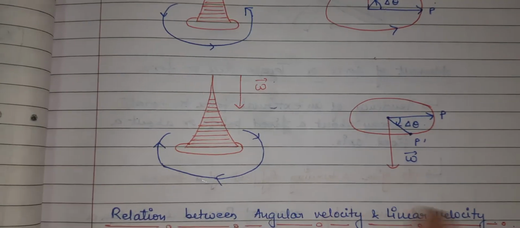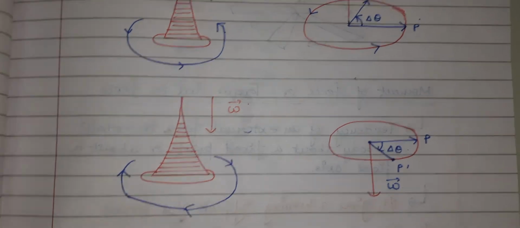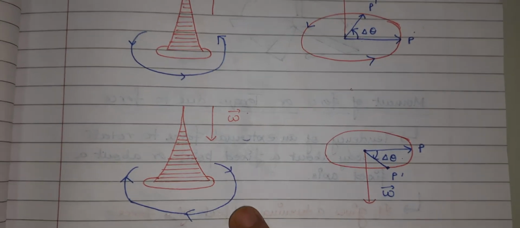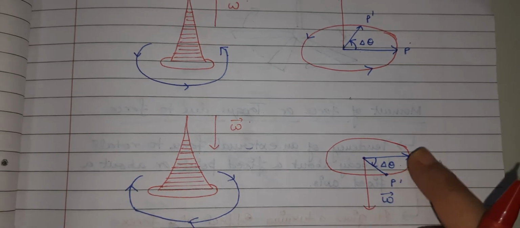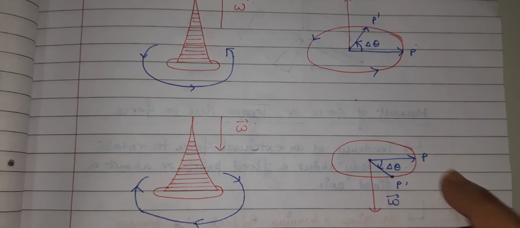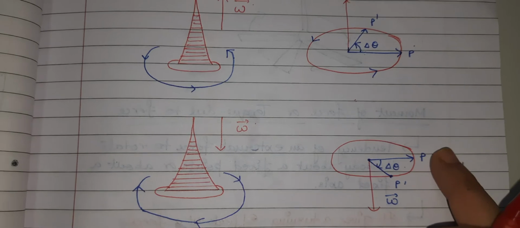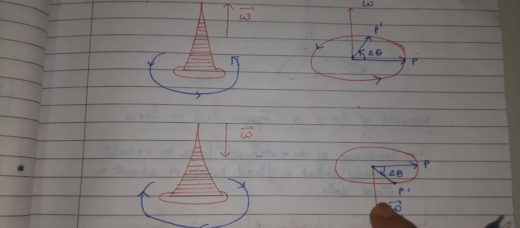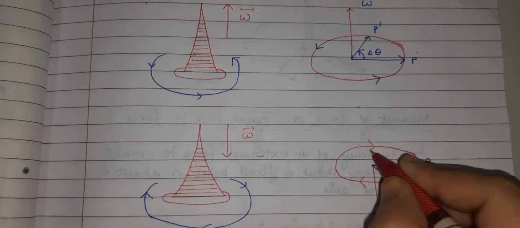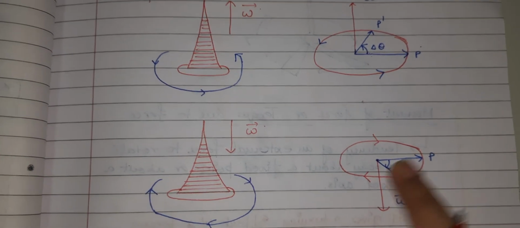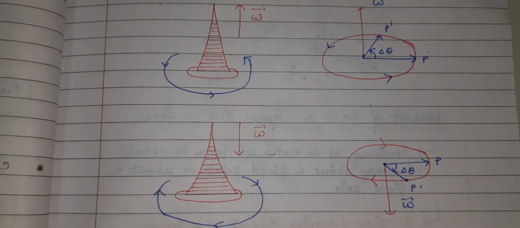In the second case, similarly, if you keep the screw at the origin, and now you rotate the screw in the clockwise direction, it means the object is now rotating like P to P dash. I have not drawn it here, so let me draw this direction. The direction of the motion of the particle is clockwise.